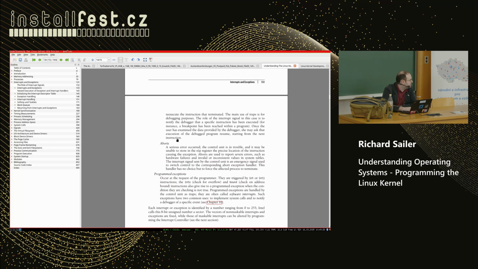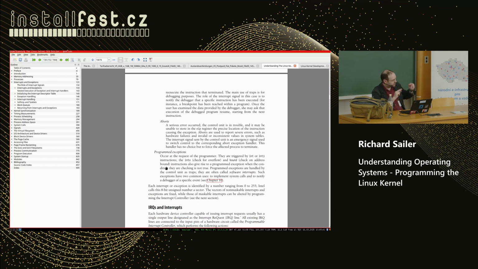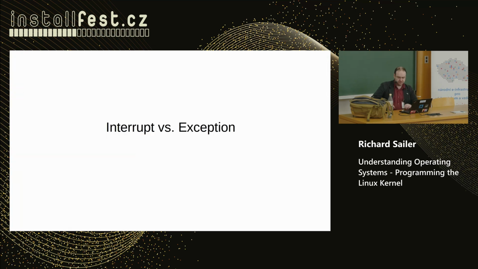There are also aborts, and what I wanted to explain, there are also what they call programmed exceptions in the Intel manual. These terms are from the official Intel manual for their processors. Programmed exceptions are what you use for system calls, or also for the mode transitions that I explained before. Some people call them software interrupts, but I don't like that term. I think exception or programmed exception is better there. So I wanted to show you that. And now, back to the slides.